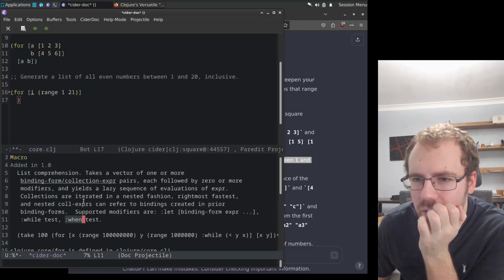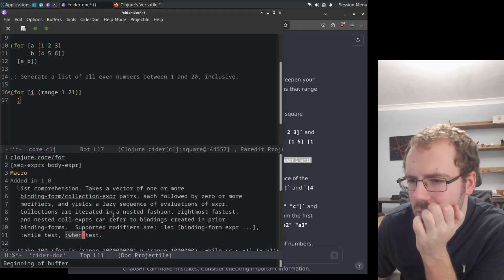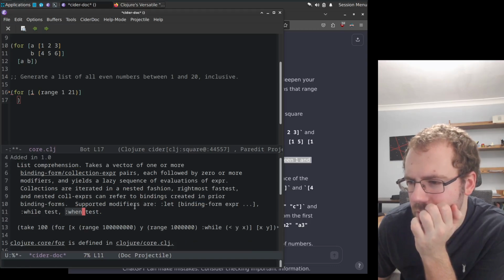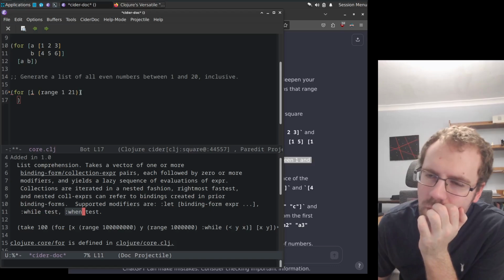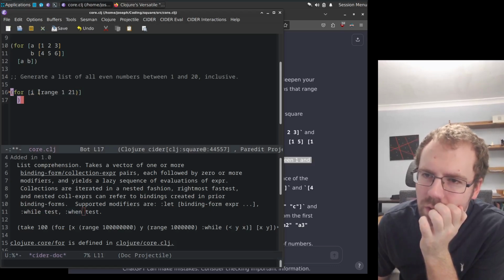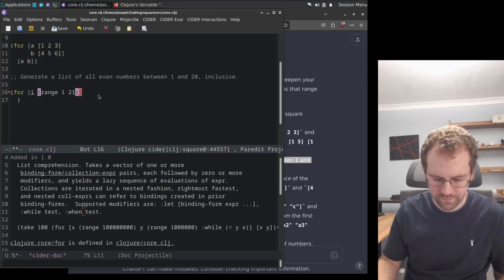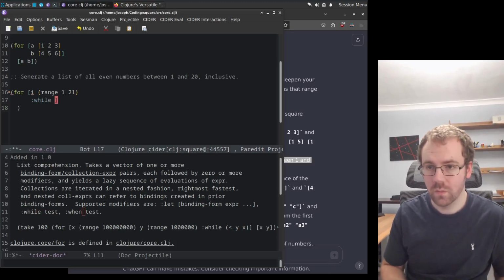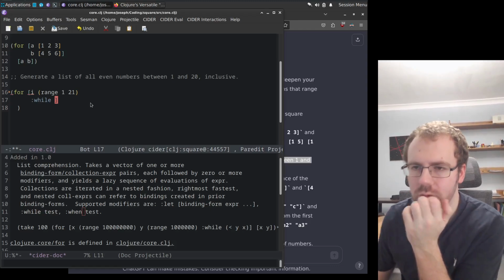Yeah, so it talks of these modifiers. I see. So it's doing a lot of automatic logic. Inside these square brackets, it's automatically calculating the Cartesian product, and it's applying these modifiers, such as while. So while,